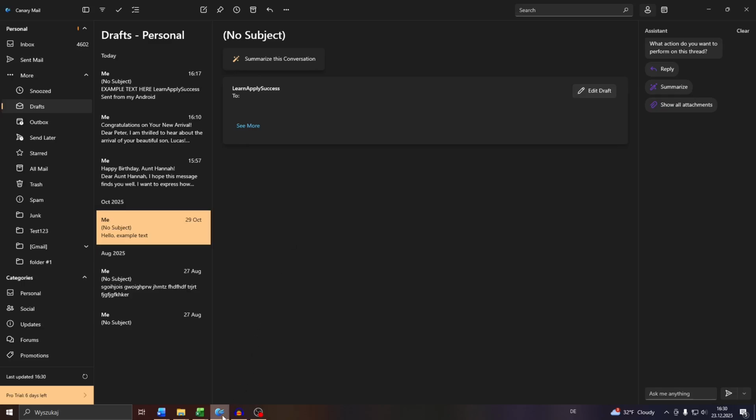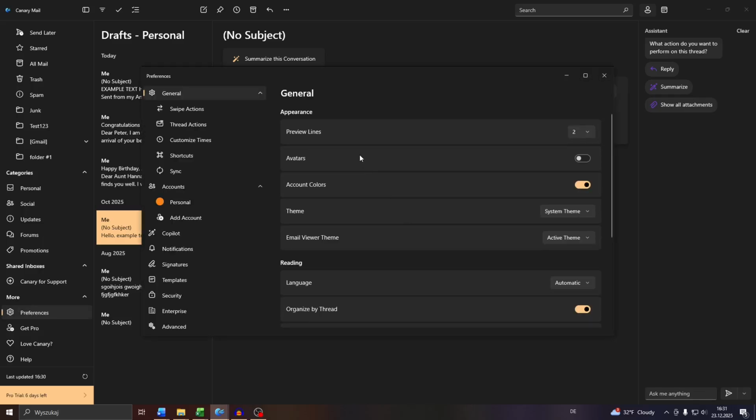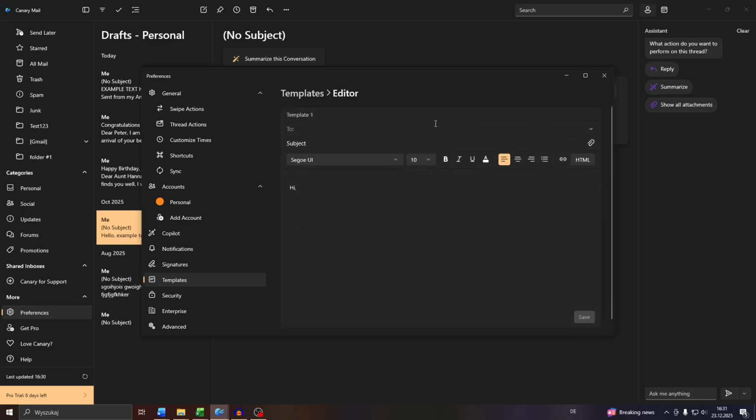Launch Canary Mail on your device, and after that navigate to your account settings by clicking into Preferences here. Next, what you want to do guys is access the Templates tab to the left, and here craft a new template by clicking into Create. And here start your template,